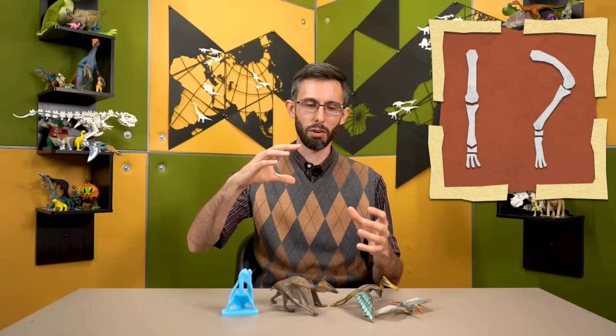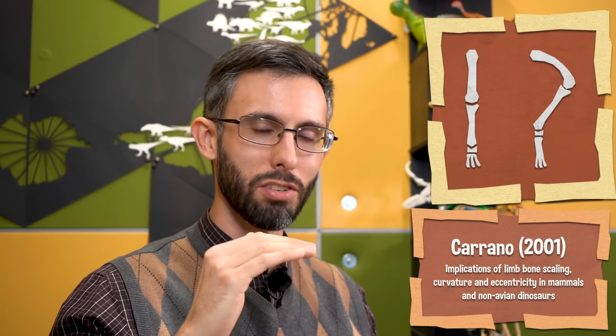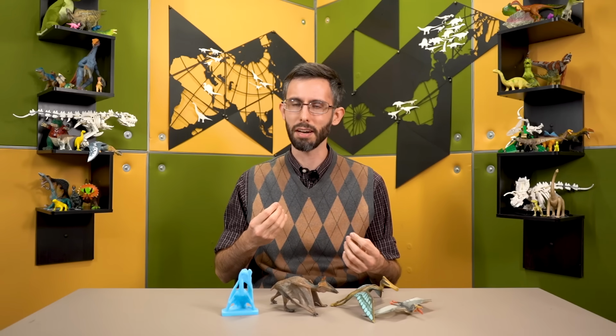They compare the curvature of the femur to what we see in ratites, and it's true that there is a correlation between animals that stand more crouched will have a curved femur, and animals that stand more columnar will have a straight femur, but that correlation doesn't hold as strongly for flying animals. They point to the long foot as evidence of running and jumping ability, and also reconstruct the foot much longer than anybody else does. And I'm not disputing that the animal could move, but if you want to look at